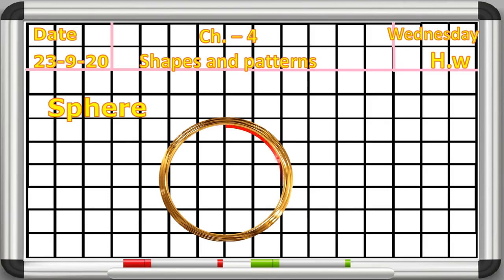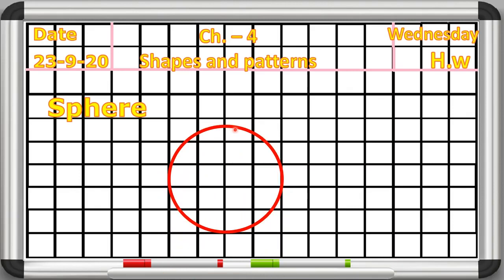You have to draw a circle like this, beta. Slowly you have to make the circle. After making the circle, you have to keep the bangle aside. Now we have to make an S shape like this.